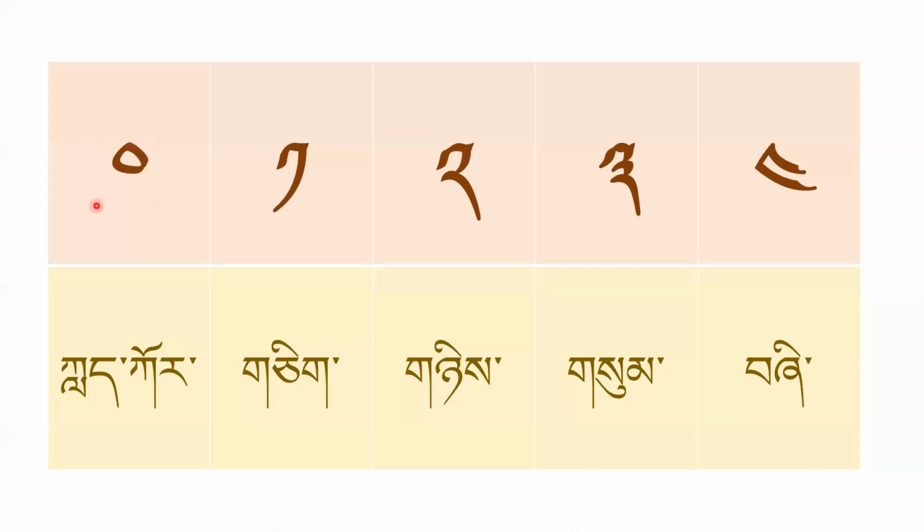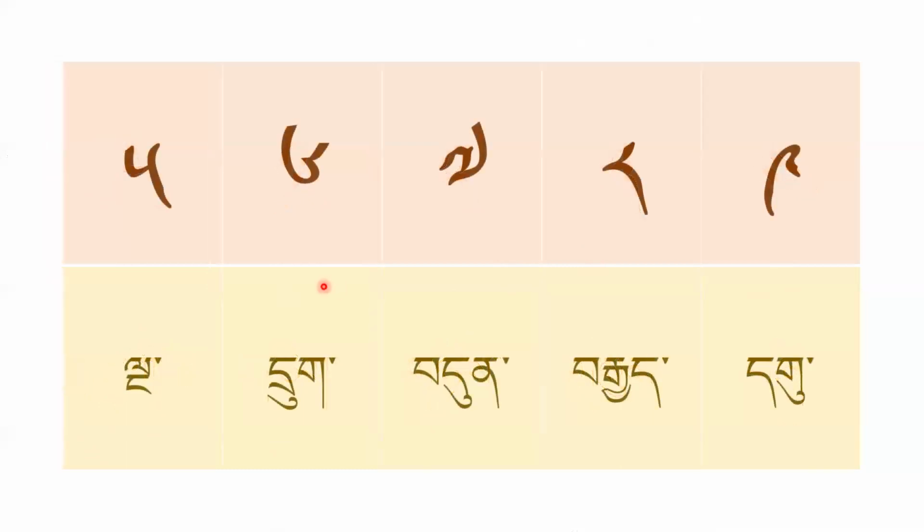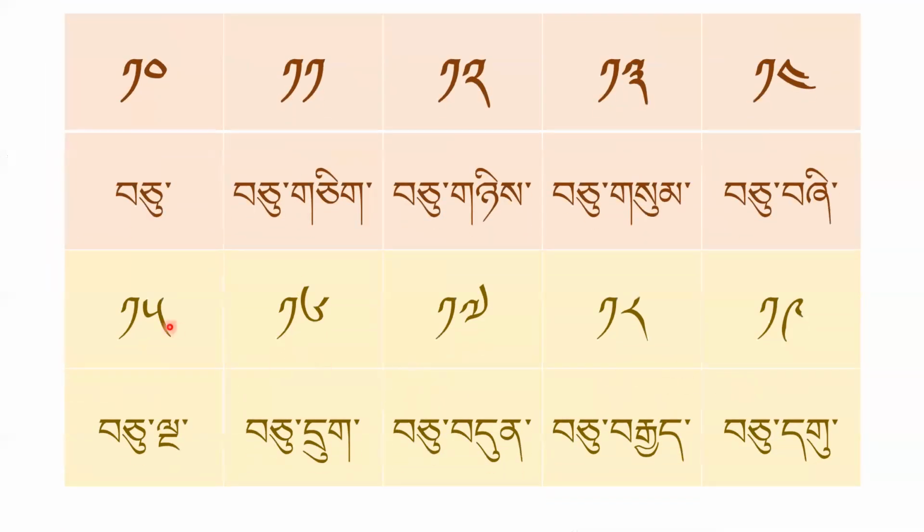The first one is pretty obvious. It is 0, legor, 1, jik, 2, ni, 3, sum, 4, shi, 5, nga, 6, druk, 7, dun, 8, ye, 9, gu, 10, ju,